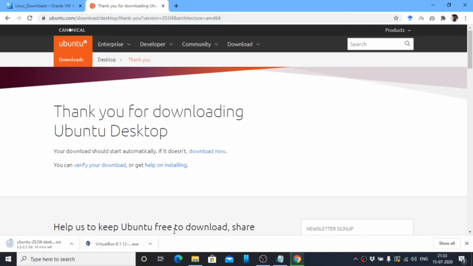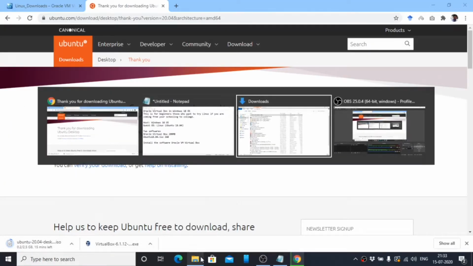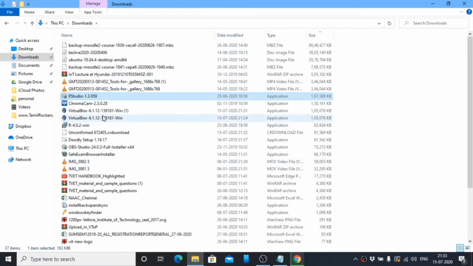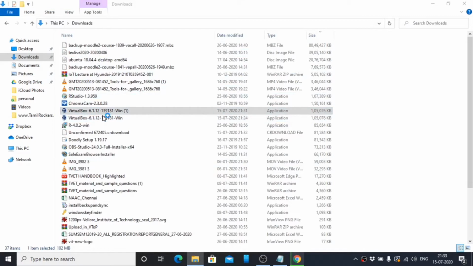Okay. Now we will install the software. Just go to the folder where we have downloaded. So we have downloaded VirtualBox here. Simply enter it or double click it.